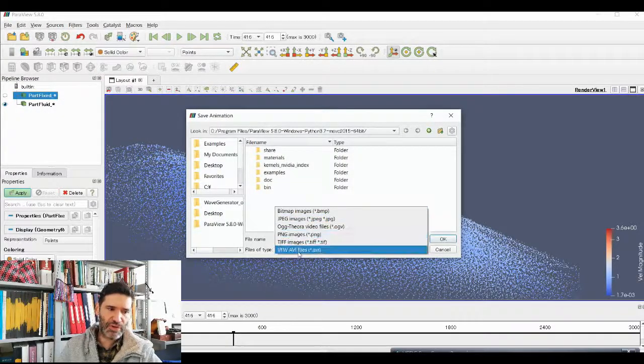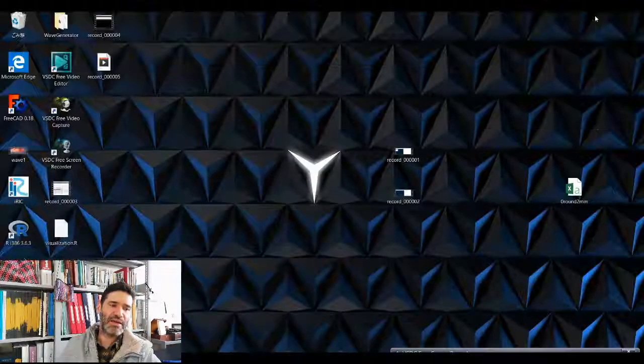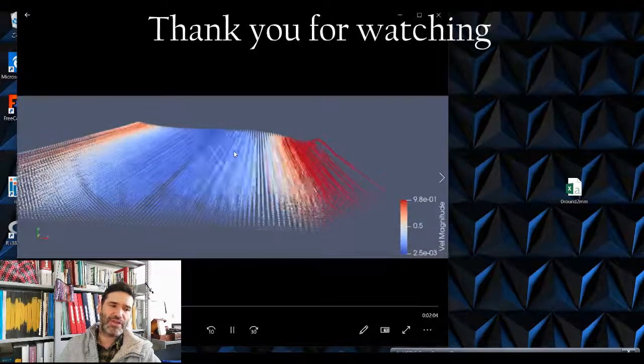And you can also, of course, create videos the same way I've created this video, and that's what I'm showing next. I'm showing the video on the dashboard of the different particles moving up and